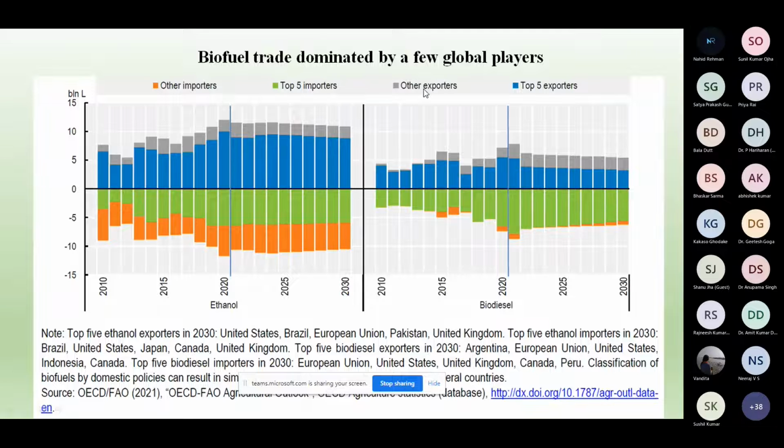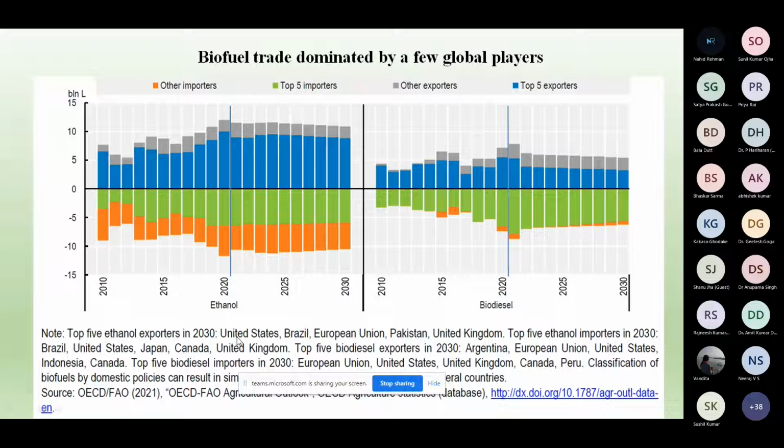And this is being shown for the year 2010 till 2030. And here they have shown which are the main countries. They are the US, Brazil, European Union, Pakistan, and UK. So it is the complete